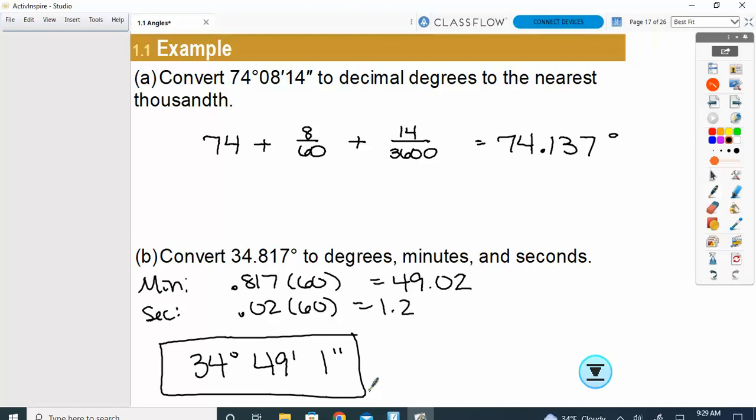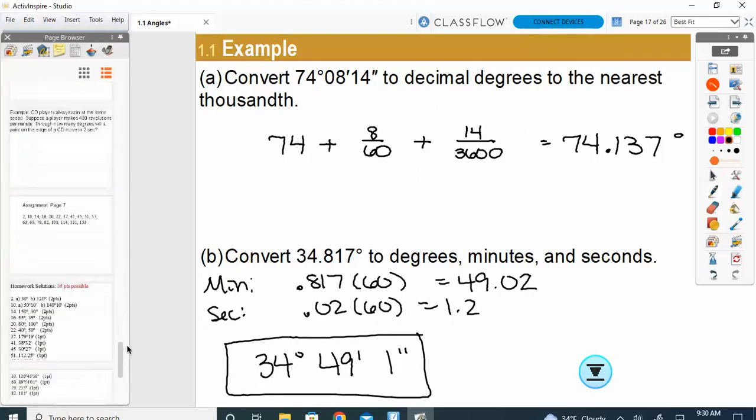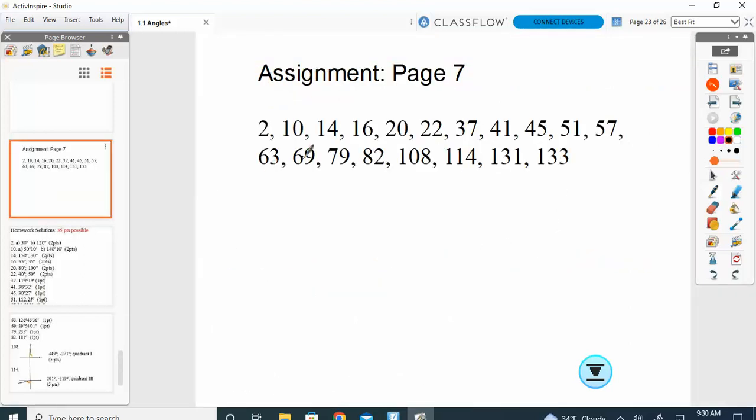Let's stop there for today. So I'm going to put some problems up here because you've got some time to work. They are not due tomorrow. We'll finish the section tomorrow, but you can get started. It looks like a lot because I listed out every single problem, but you're ready for